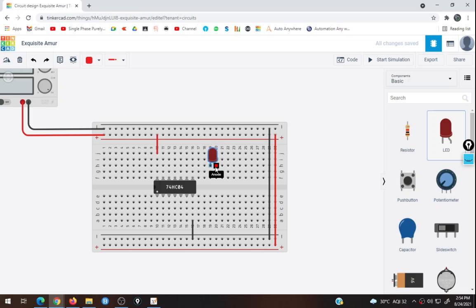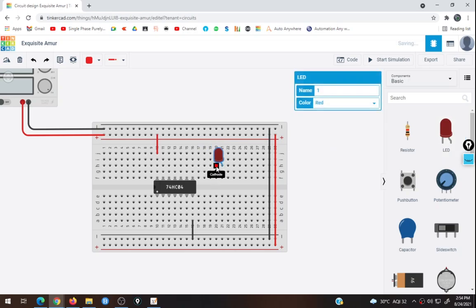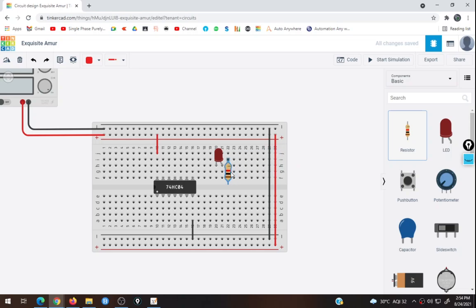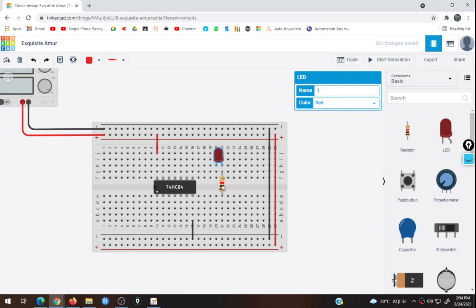Again we know friends, here we have only a single input and single output. To observe the output, we will need one LED. So we will drag one LED from the panel. So this is your cathode terminal and this is your anode terminal. Okay, in order to protect the LED, we will need one resistance. This will limit the current flowing. If you directly connect the output, your LED may get damaged, so we need a protecting resistance in series. Okay, so here you can see that the anode is in series with this resistance. Click on the resistance.